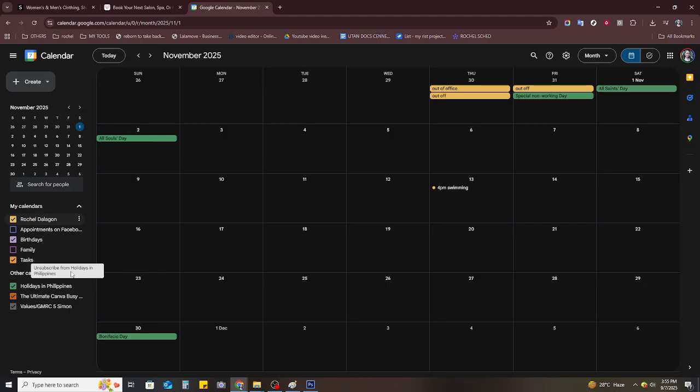Whenever you're creating or editing an event, you'll see a color palette icon. Clicking on this allows you to pick a unique color for that specific event. Using color in this way adds another layer of organization, as you can assign particular colors to recurring events or